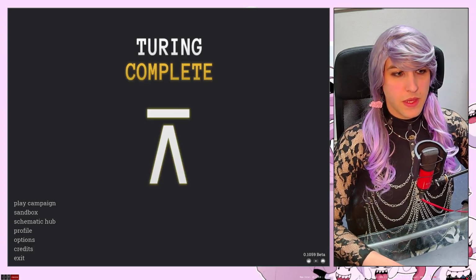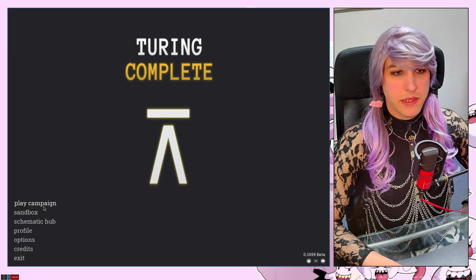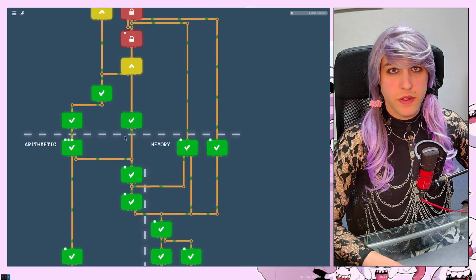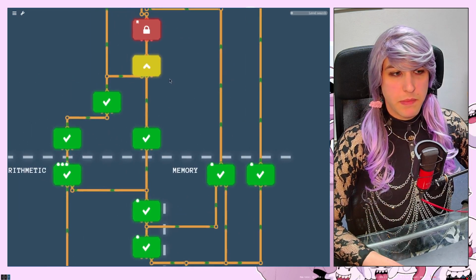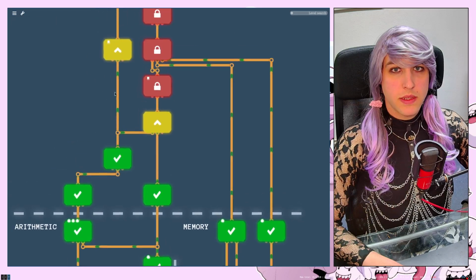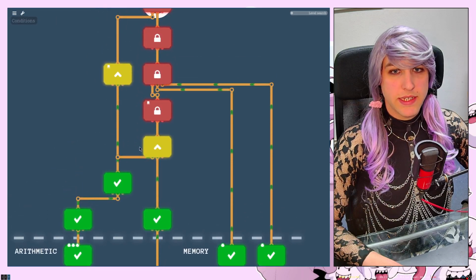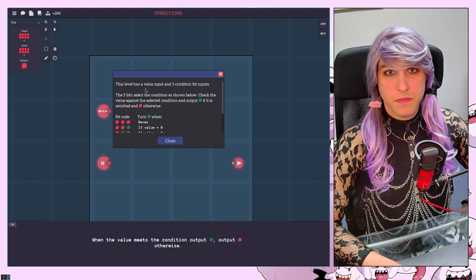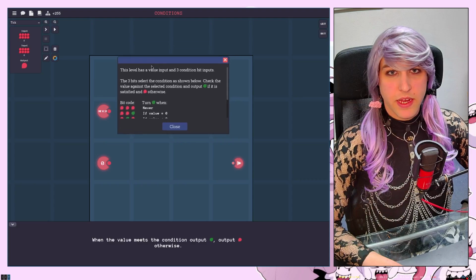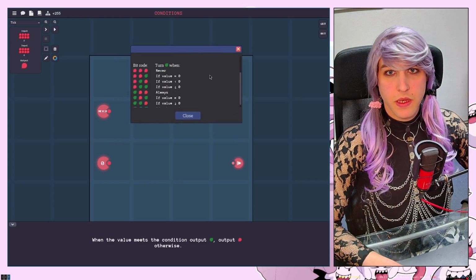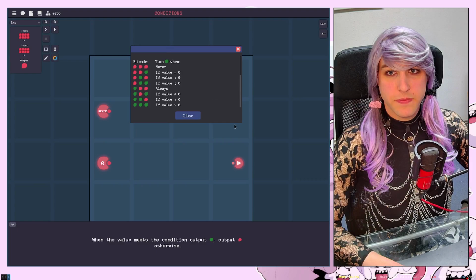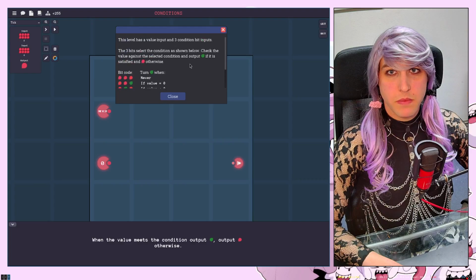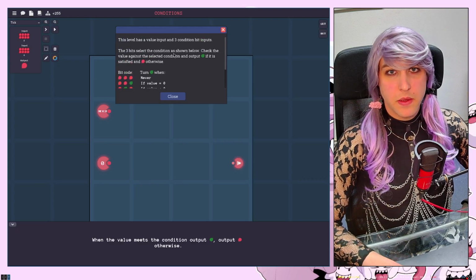So here we are again, back with Turing Complete. And we are going to continue our journey through the campaign. The next level that we are going to play is the conditions level, because everything else is going to be much easier and way more fluent when we move up the tree once we've